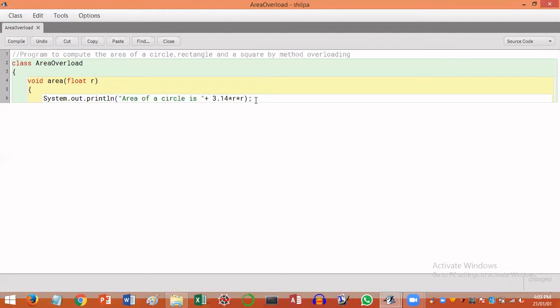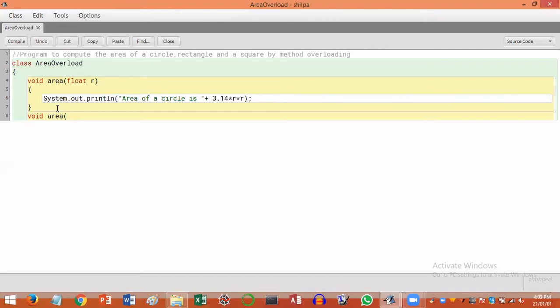Okay. So next, because we are computing the area of all these shapes by overloading method, I have to create another method with the same name. So here I'm writing the same method, that is area, but this method should vary in the number of parameters that you provide to this method.